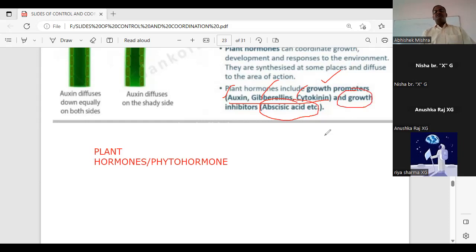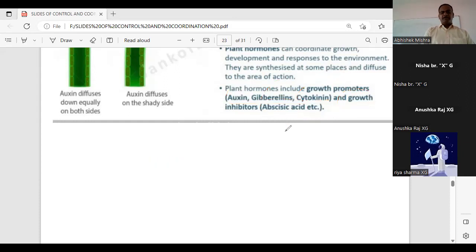Now you will ask definitely, if I'm saying that the hormone helps the growth and development, then why is the growth inhibitor required? Suppose, student, one hormone is promoting the growth continuously. So there must be some hormone also to stop that growth. That is why the function of the growth inhibitor is also required in equal amount, so that both promoter and inhibitor work parallelly. Is it clear to all? So altogether 4 hormones we have to study in our syllabus: auxin, gibberellin, cytokinin, and abscisic acid.